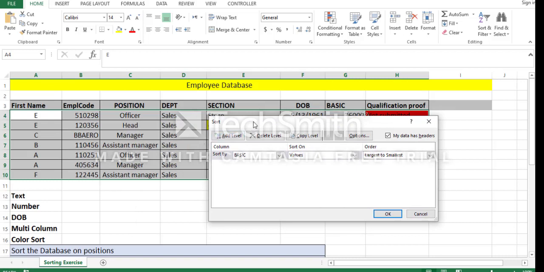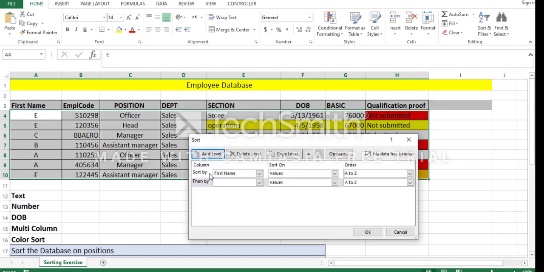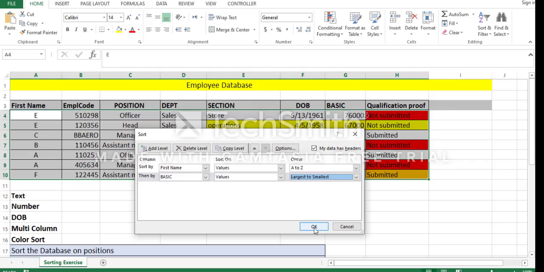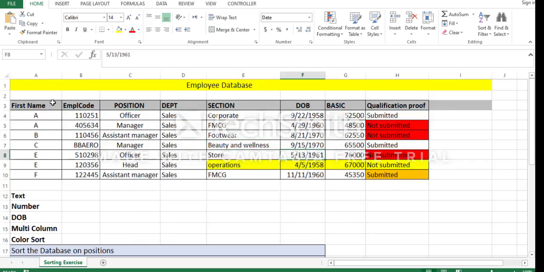Then the first we want is the first name, so you would click here the first name. This has to be value. We want this to be organized in order from A to Z. Then you would add one more level here. First it will be sorted by name, then by basic salary. This has a value. You would select largest to smallest, simply hit OK, and as you can see, the entire